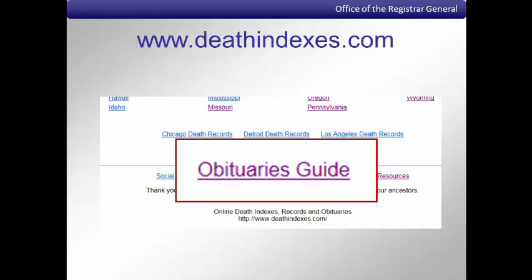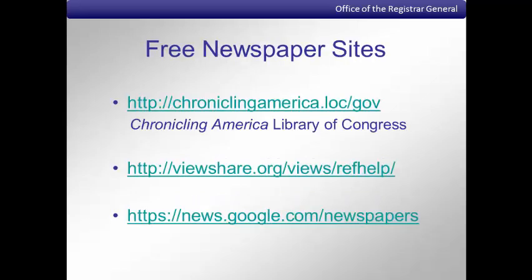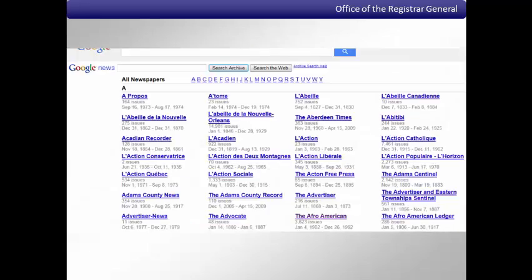Along with obituaries, local newspapers may also have birth announcements. Again, if a vital record was not recorded or is inaccessible, newspapers may provide the required information. Here are some examples of fee-based and free newspaper sites. From this example, you can see that not only does the